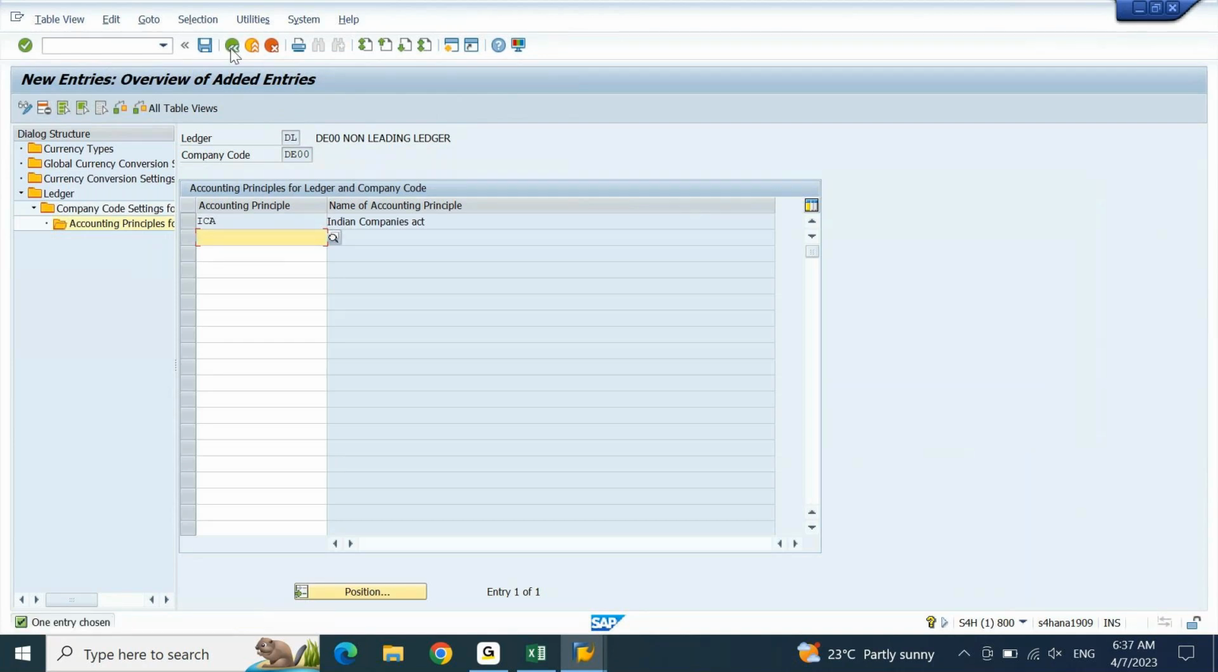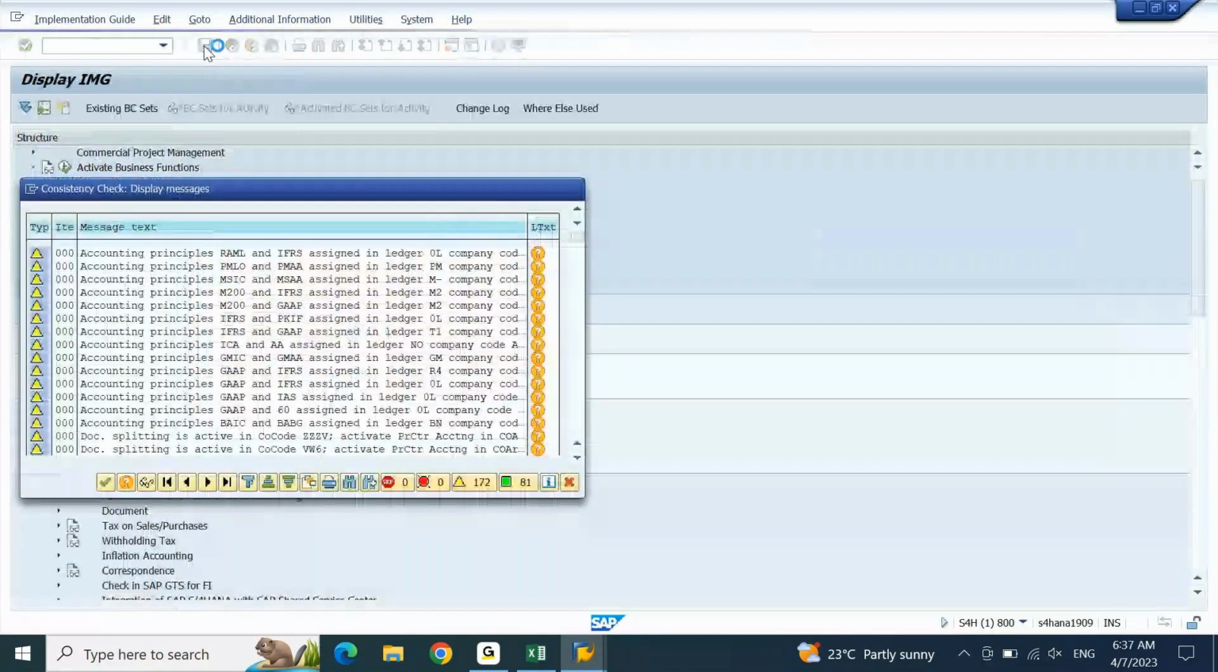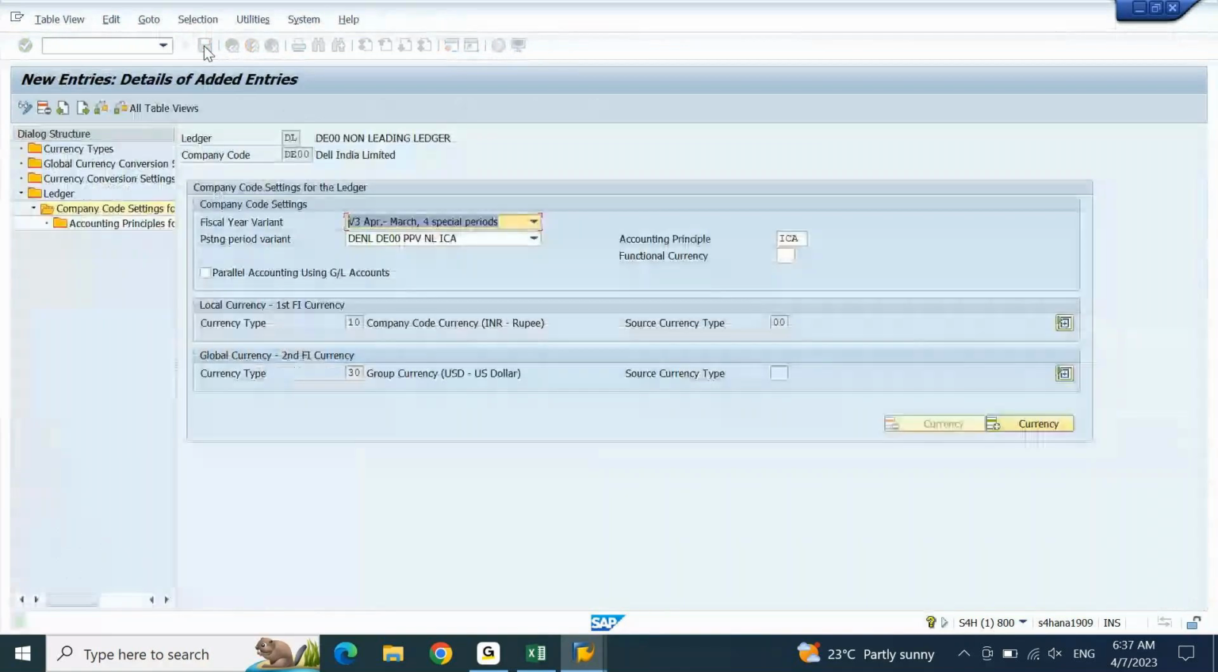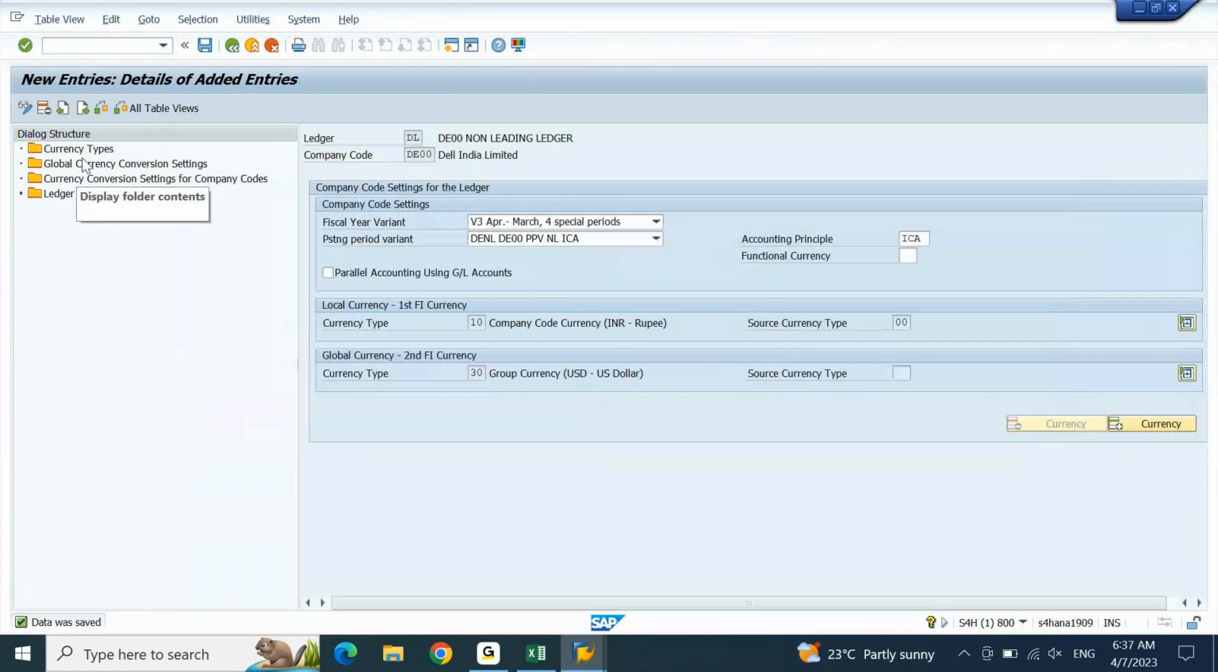Go back. And if you see here also you're using two currencies, company code currency plus group currency. Save it. When we are using a group currency, you have to maintain a setting currency conversion, how your group currency will be converted. And here you will find the currency conversion related settings, currency type, global currency conversion setting, currency conversion settings for company code. Open this,